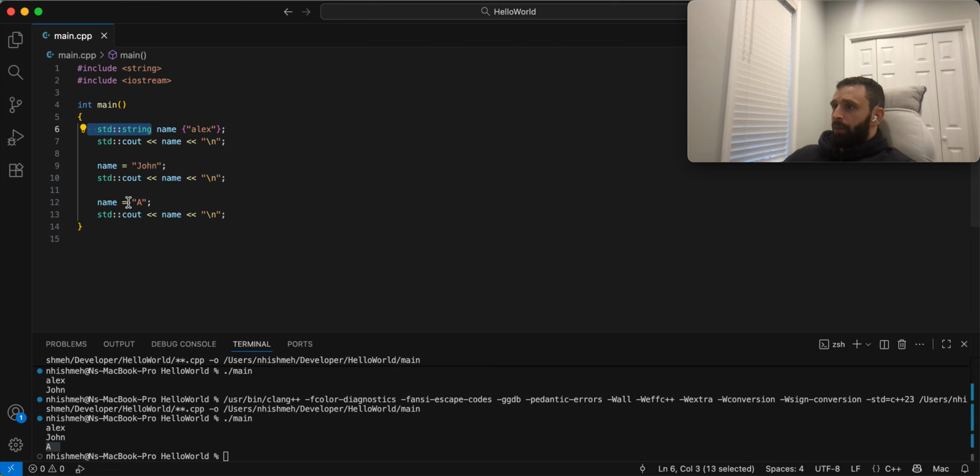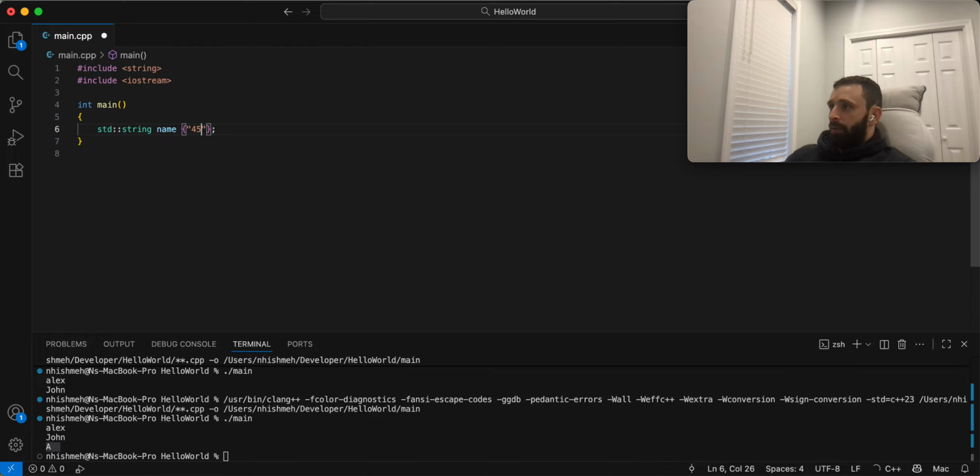Now, string versus number. This is pretty basic, but it might trip some people up. Let's say you have 45 here. Is this a number? Is this text? What is this? Actually, it's 2 characters. It's a 4 and a 5, and you can't obviously do arithmetic on it. So this is a string. It's like letters: a letter 4 and a letter 5, or a character 4 and a character 5. You can actually convert this to a